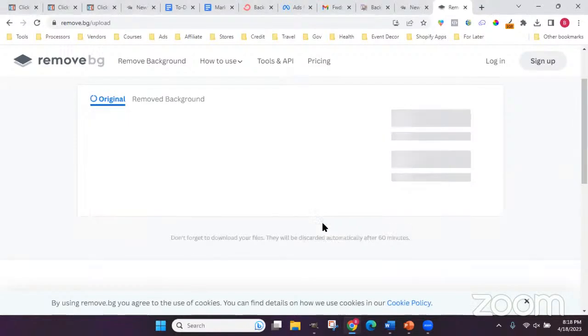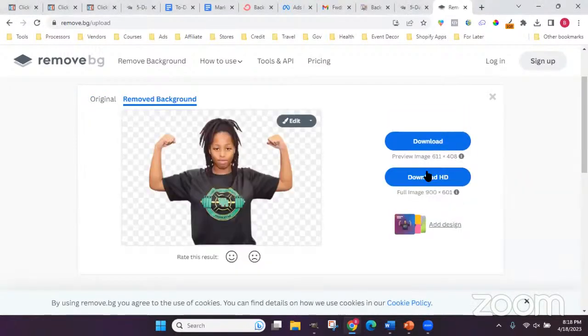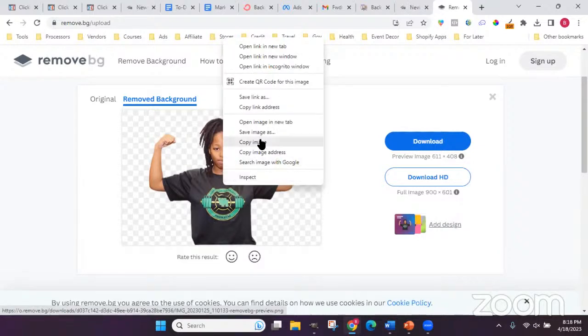And if you were able to copy the image, you can just right click paste or Control V, and then it will add that image automatically if you were able to do that method. Okay. So you can either download the image and save it to your computer, or you can copy this image and paste it into GIMP. And I just learned that the other day. I thought I had to download every time, but I didn't. So if you just right click, copy the image,